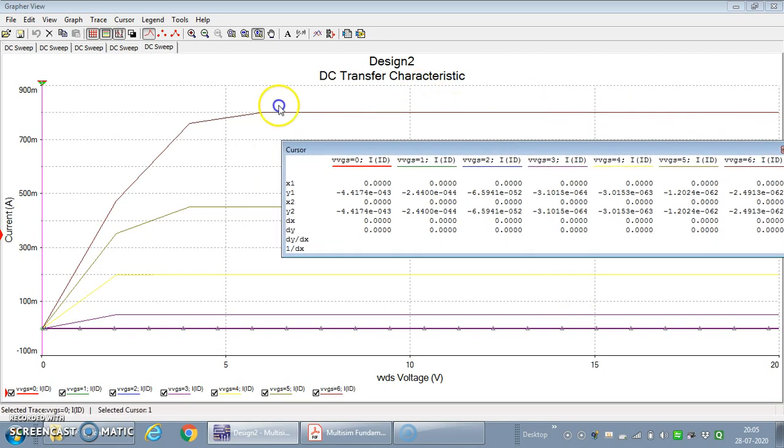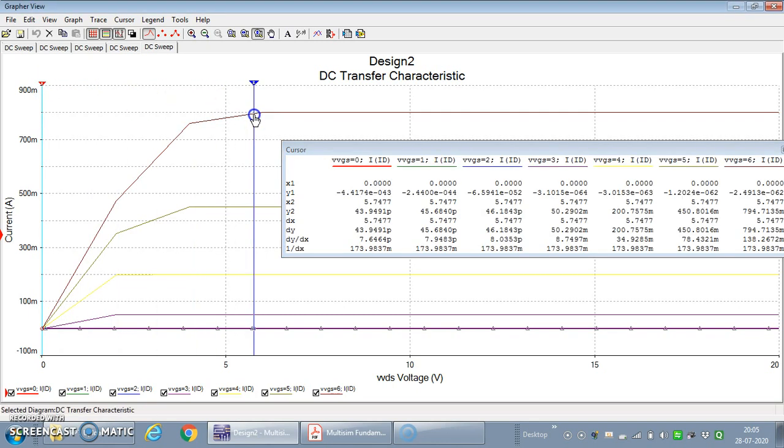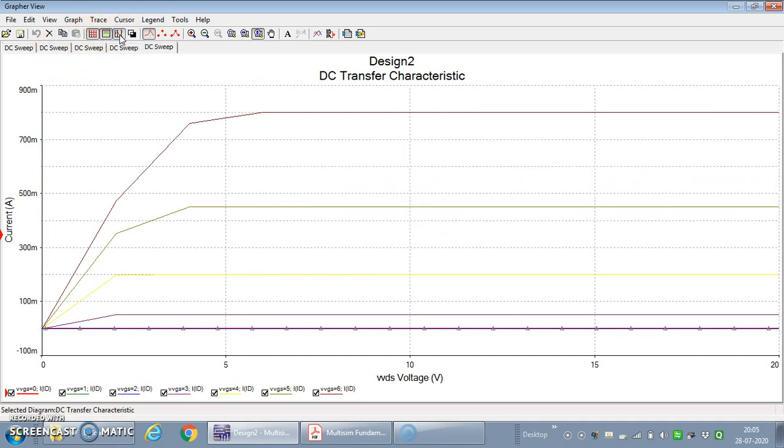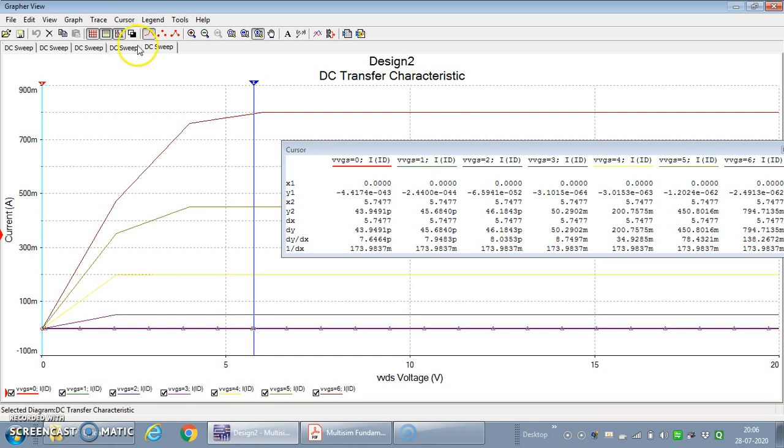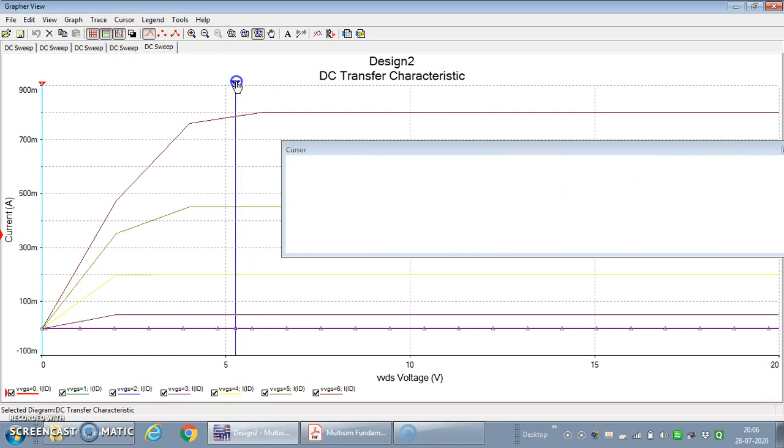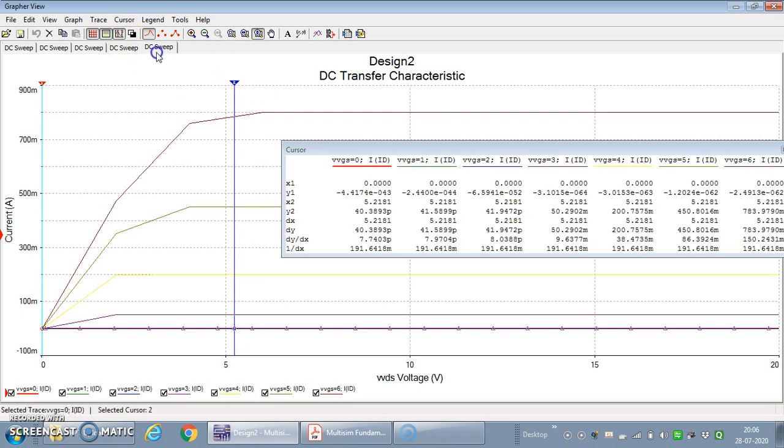So if we go to the cursor, using the cursor also it will give the detail. These are the cursors. If the cursor is not there, see this is the icon. Show cursor and don't show the cursor. By default, if you disable this button, it will not indicate the cursor. If you enable, it indicates the cursor. So if I choose this cursor, again, this is a show trace lines and data points of all the traces. So these are the data points.